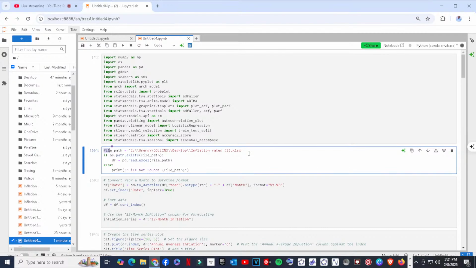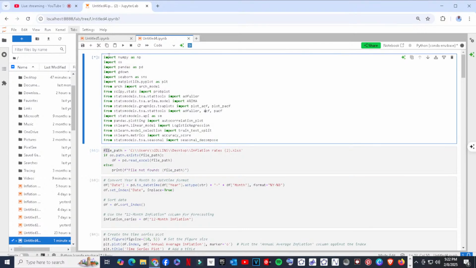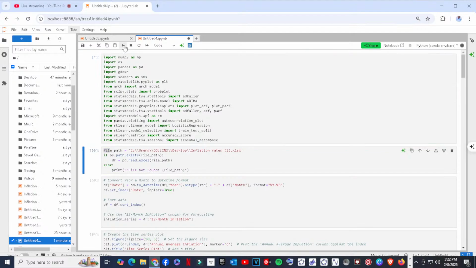So let's see. Again, the machine is taking long. I don't know why that would be so, but let's see by the time it picks it up, then we'll be able to proceed with speed.